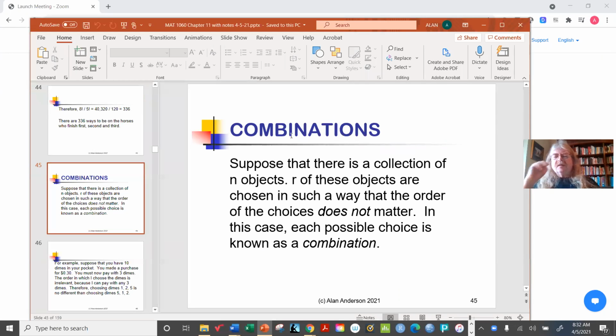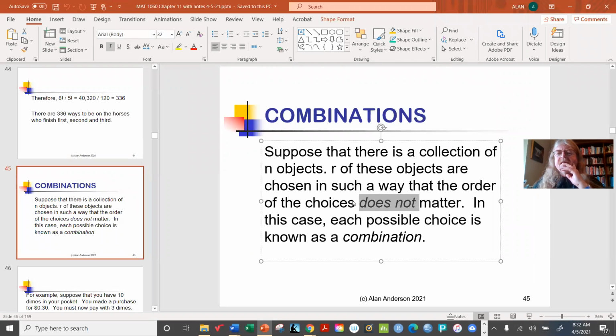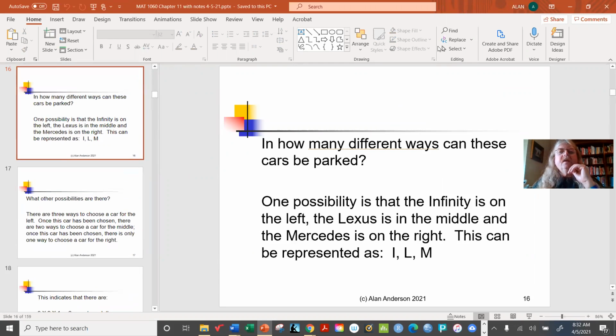So the first one is something that I found for the other class that I want you to see as well. You might remember when we were talking about combinations last week. Combinations are selections of objects where the order of choice does not matter. All right, in fact, while we're reviewing, let's go back to where we were